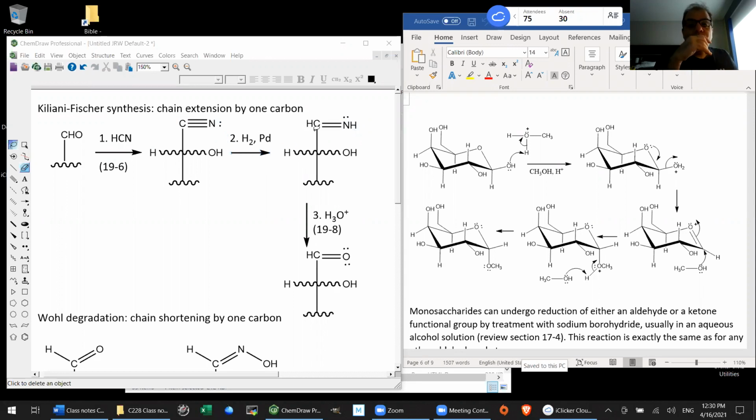And then, once we've done that, now we're going to play a trick on the system and simply hydrolyze the imine to give us the aldehyde. And so the nitrogen in the imine will wind up in a molecule of ammonia and thus wind up in aqueous waste. And so you'll see, if you look carefully, what we've done is we've extended the sugar by 1 carbon. And yes, you will get both